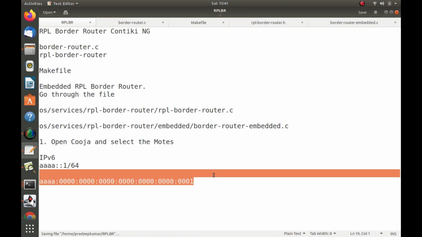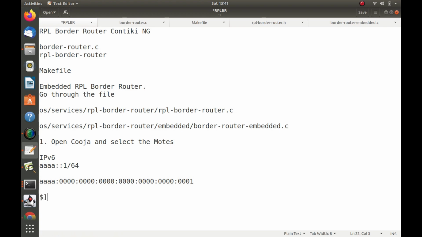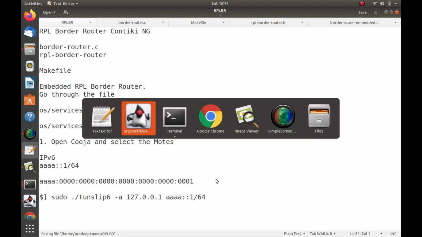Just write the last command here on how to enable the border router: sudo ./tunslip6 -a 127.0.0.1 aaaa::1/64. So this is the command to enable this border router. But there is another command as well to